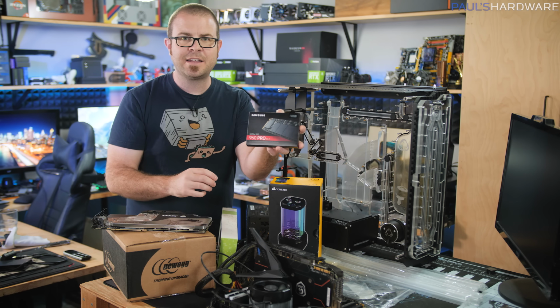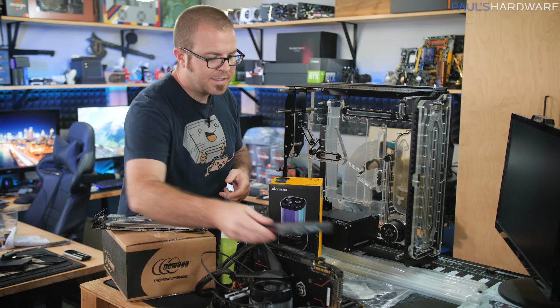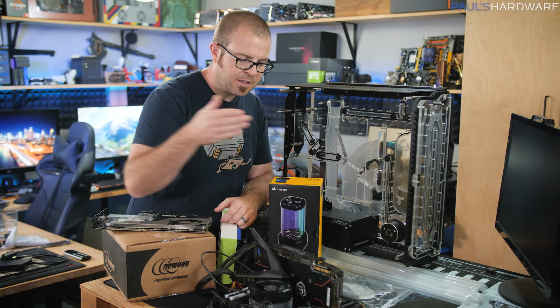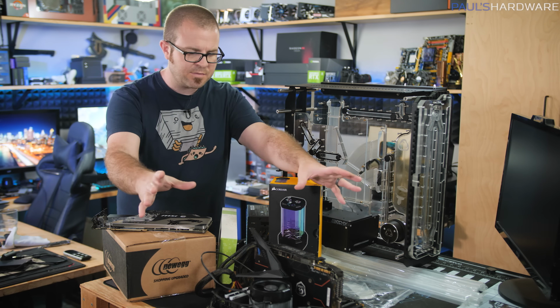This is just a 960 Pro NVMe SSD, 512 gig from Samsung. Nice, solid NVMe SSD, but I needed an operating system on there, so that's installed in the lowest M.2 slot. I dropped in, I think this is just a GTX 1080, just so I had some video outs to get